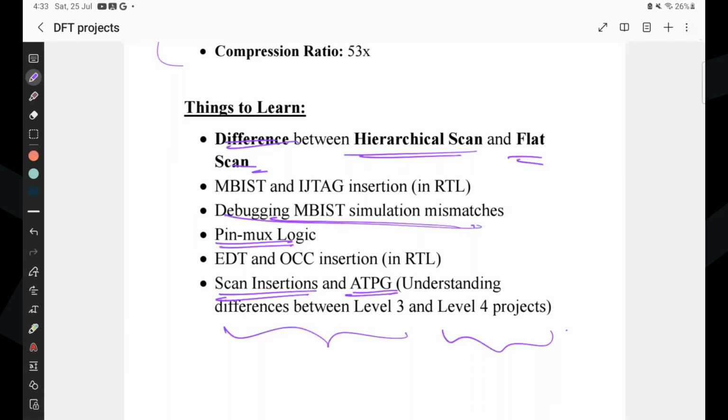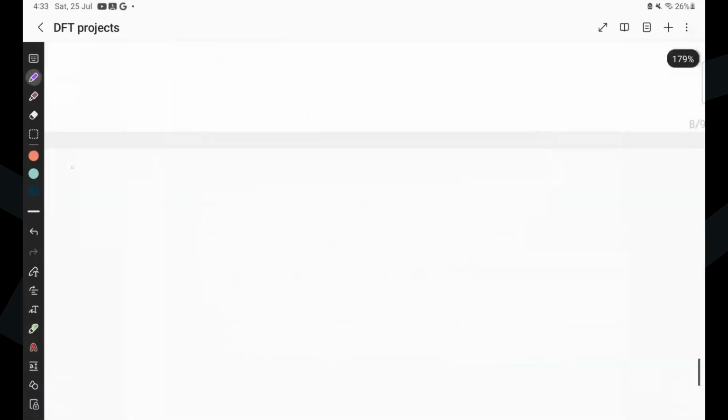Okay, now I have just given you an idea of what topics will be covered in our theory and labs. Apart from that, I will be covering some extra topics. In the previous batch, some of the students had asked for extra topics like LBIST. I'll be giving you an overview about it. LBIST, RAM sequential,